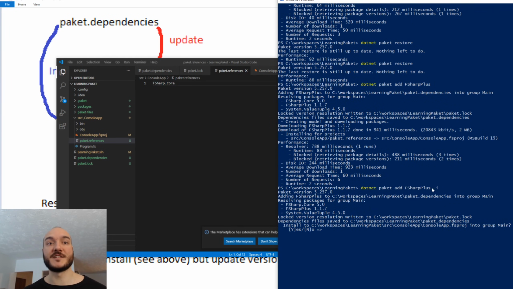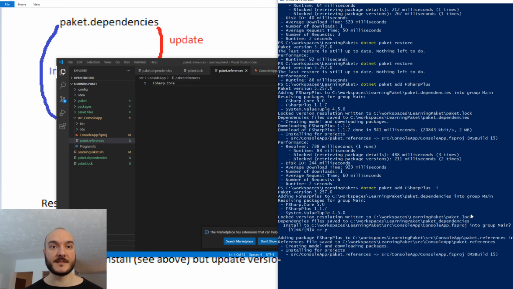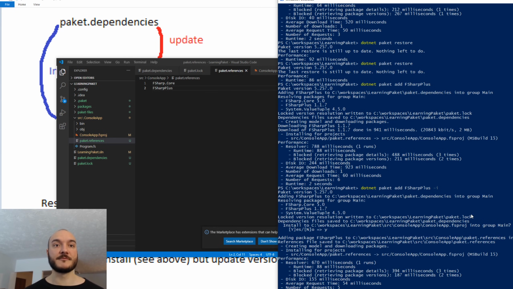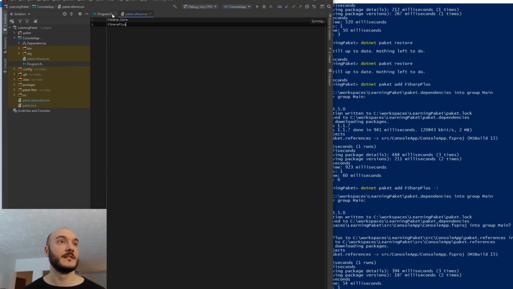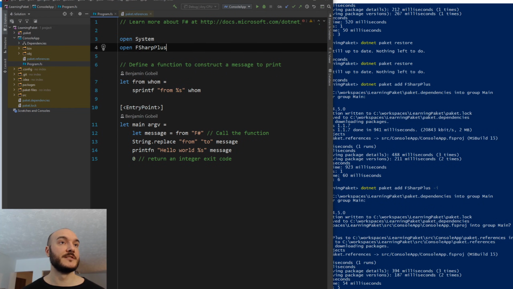So this is the command I just ran, and now for every project in my solution, it's going to ask me, do you want to add it to the project? In this case, I'm just going to go yes. And it does everything that the normal add command does, but it goes an extra step and adds it to the references. So if I go here, it's actually added now, and if I go to my writer, yeah, now it actually finds the package,